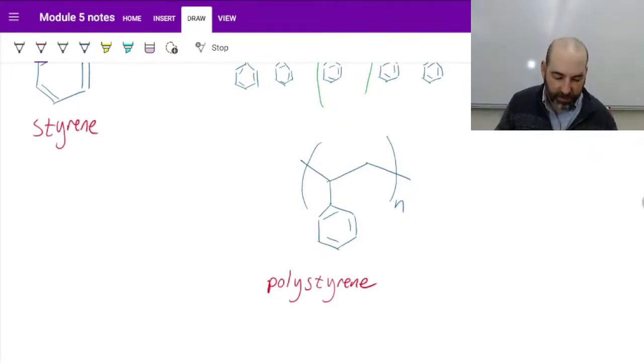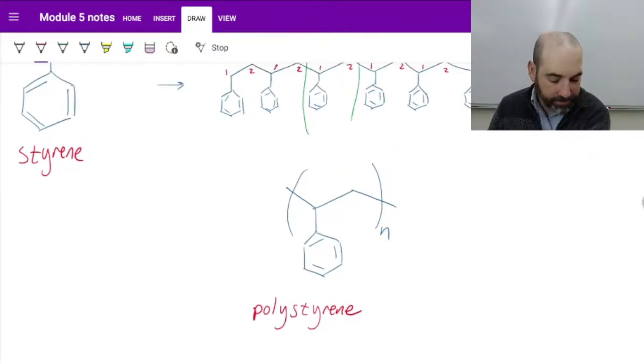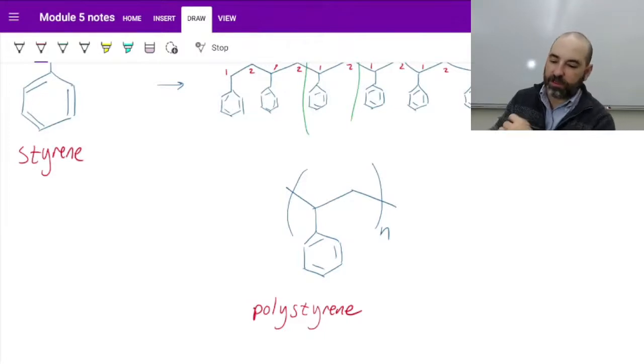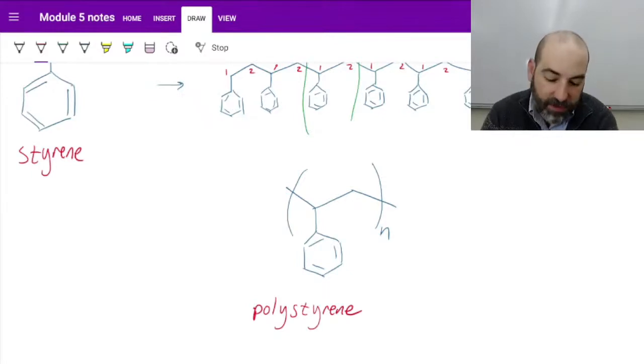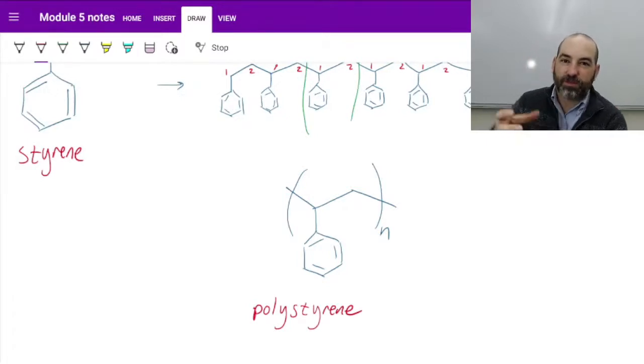This is polystyrene, which is a really common polymer. If you can tell from the name, it's most associated with styrofoam, which is this polymer with a bunch of gas in it to make it take up a lot of space, with very low density and very good padding. But polystyrene is used in a lot of other things too. A lot of disposable food stuff like disposable forks and spoons and knives, the disposable cups like the red Solo cups,